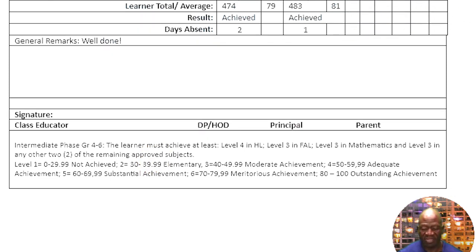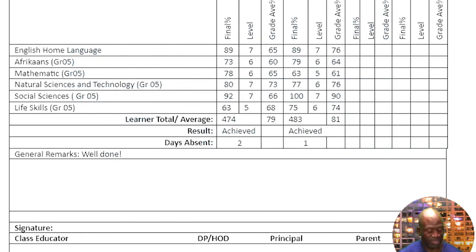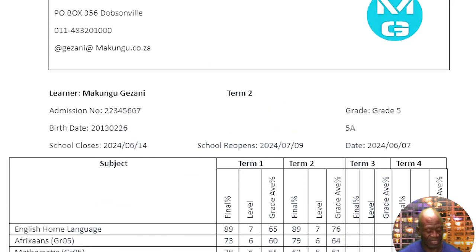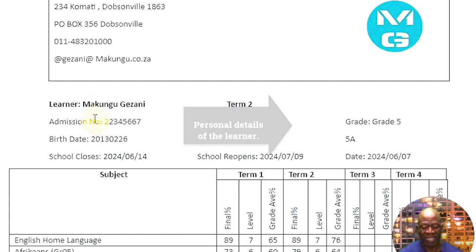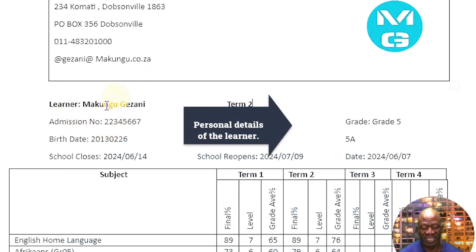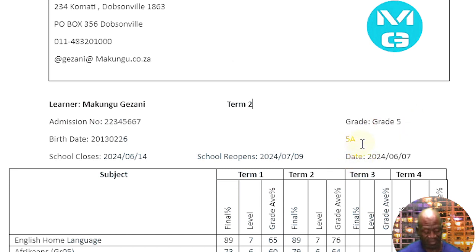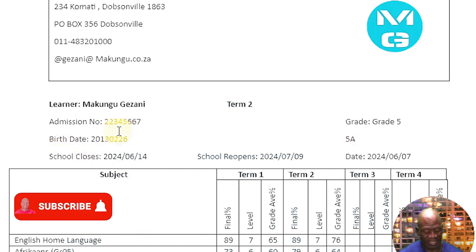Right, moving right along, we now go to the next part, which speaks to the personal details of the learner. All right, and then when we look over here, you can see who is the name of the learner that we are talking about here. And the grade, it's also indicated. Then we also have the class, which is indicated there. Okay, the date of birth of the learner is also indicated. All right, and then the other information which is there on this part is about the admission number of the